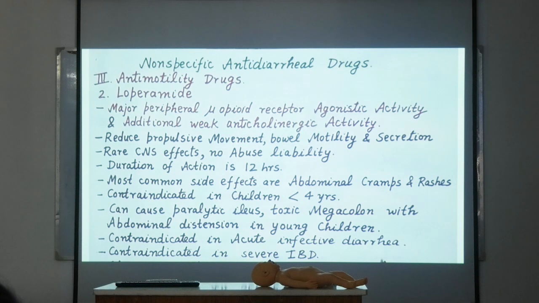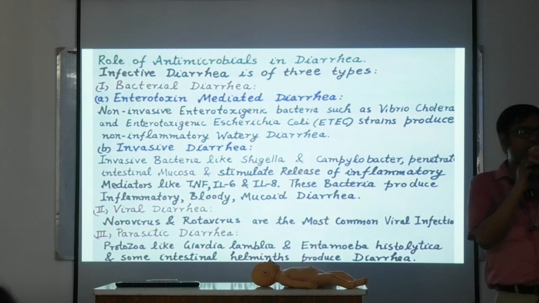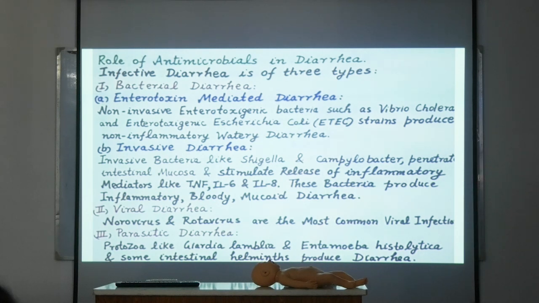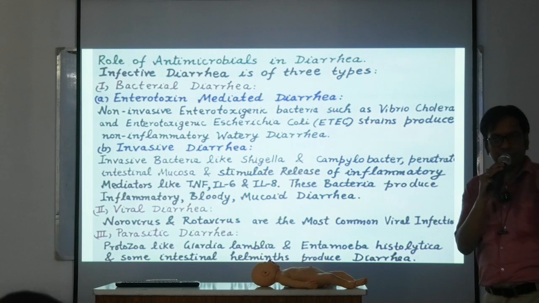Loperamide is another anti-motility drug having very similar properties, but it does not reach the CNS. CNS এ যায় না, ফলে অ্যাবিউজ লায়াবিলিটিটা নেই, otherwise everything is similar. Now, as I told you, antimicrobials, diarrhea দুটো টাইপ বলছি, একটা acute watery diarrhea self limiting. Acute watery self limiting diarrhea, usually we don't need antibiotics, but if it becomes severe তখন অ্যান্টিবায়োটিক লাগে।